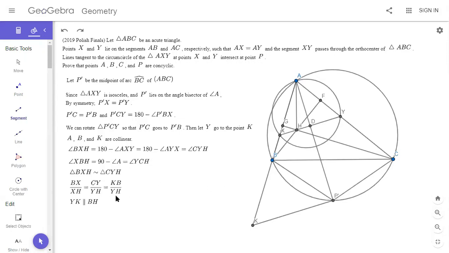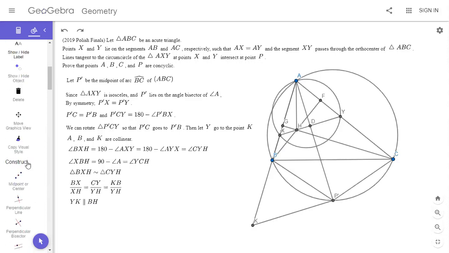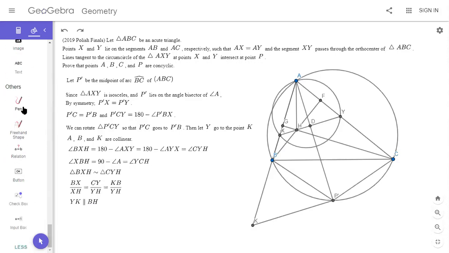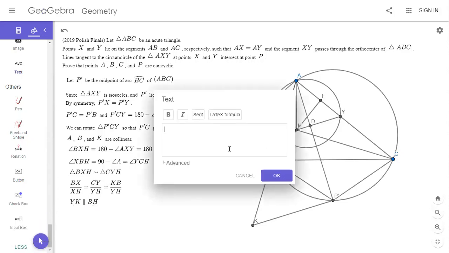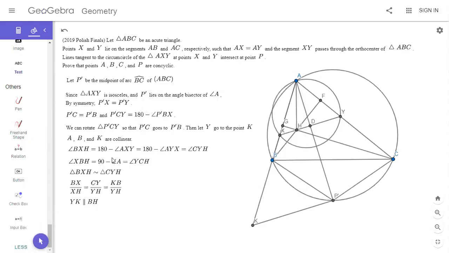Okay, so if these two are parallel, then we can calculate angle XYK. And I think we can, all right, let me write this out. So first I'm going to label this point of intersection here. I'm going to call it E. And then